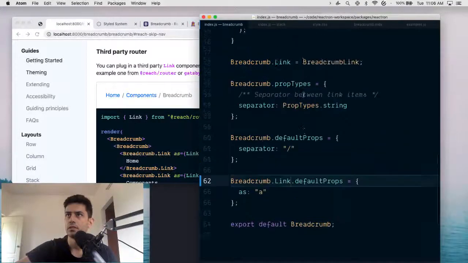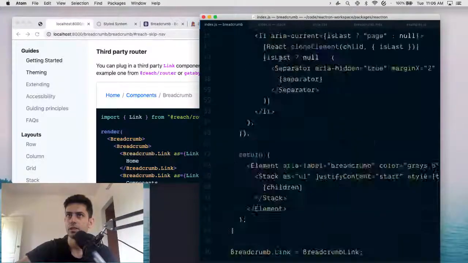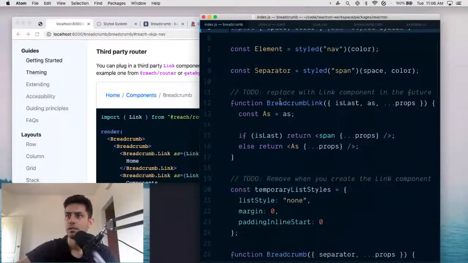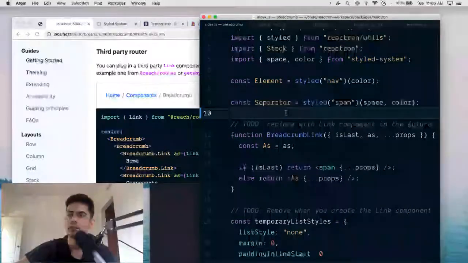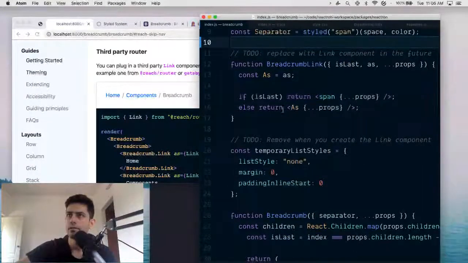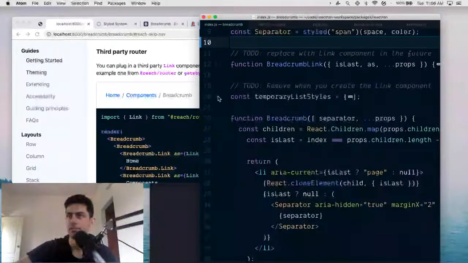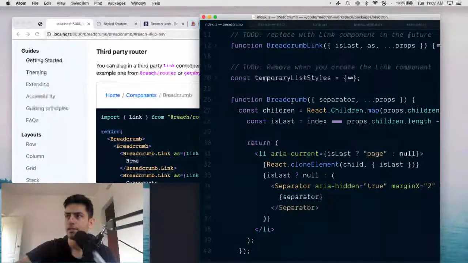Kind of. So let's actually take a quick look at the entire component. These are the imports. This is the definition so that we can work on our CSS. And then you of course have the breadcrumb component. This is temporary, we should get rid of it, and this is the function. I kind of like how neat that is, but